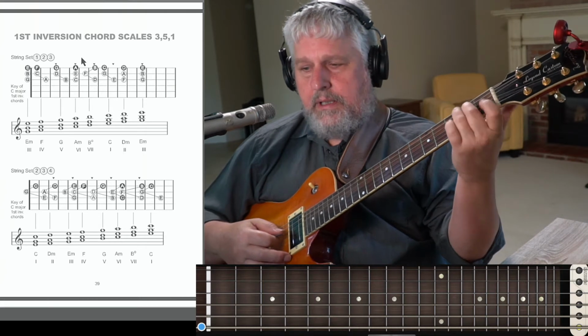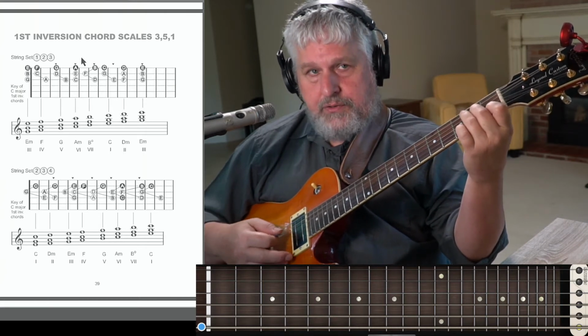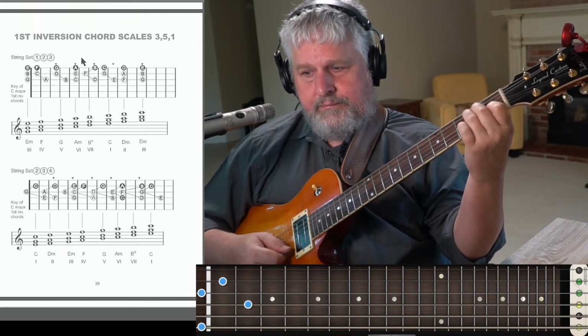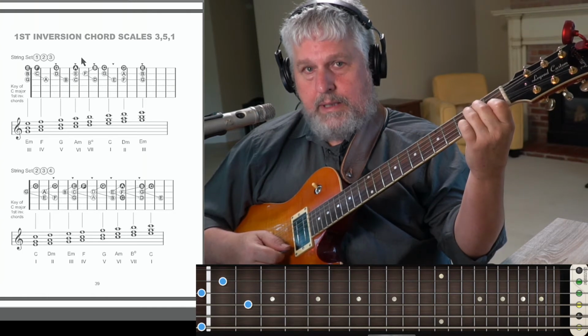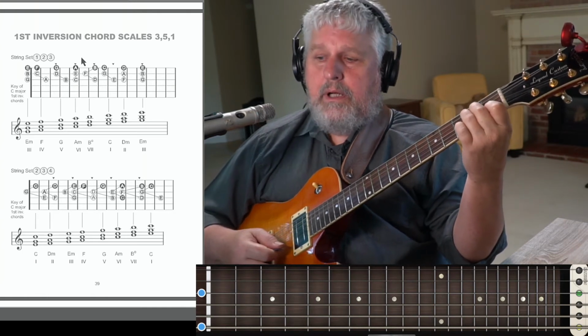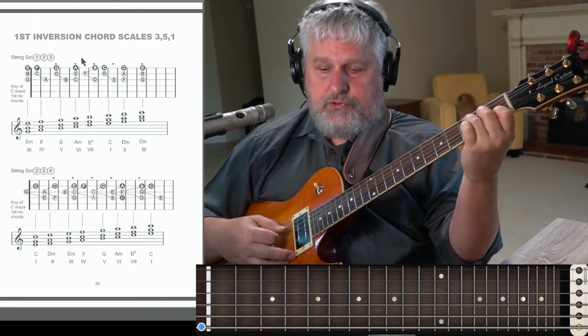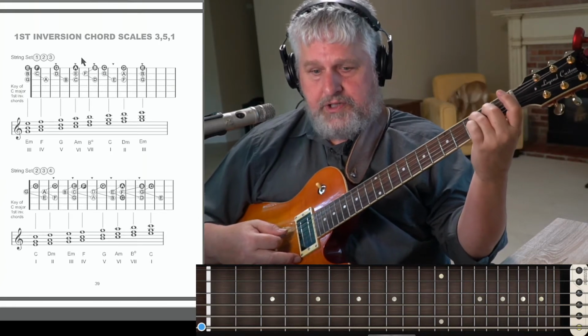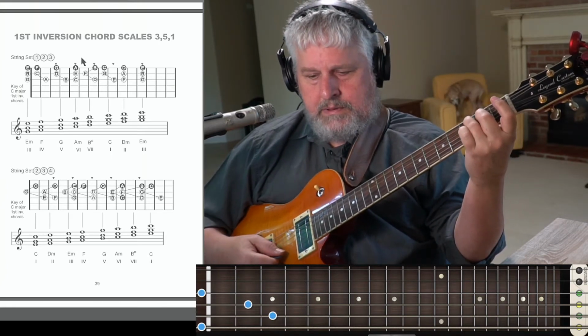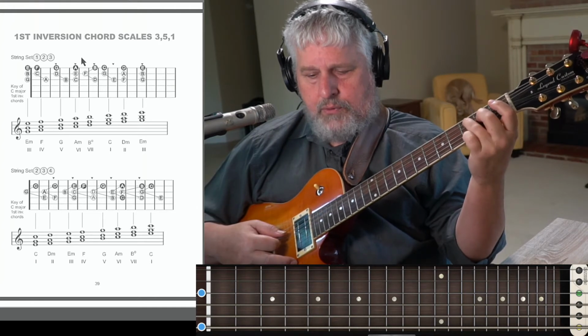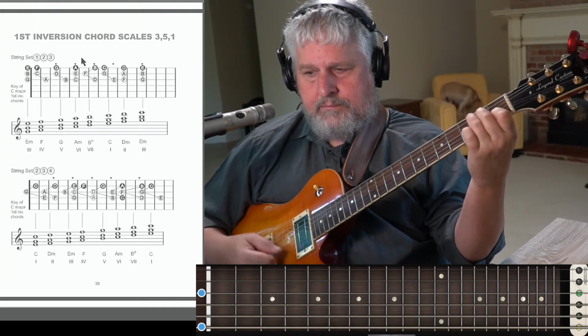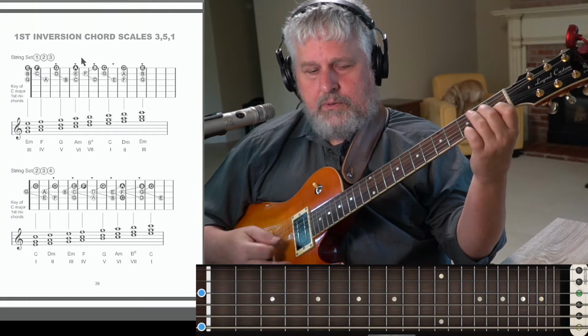Now the next, we're just going to move to the second string set. All right, and here we have a C major chord in first inversion, right? So here's our root position, C major. Take that root and put it up to the top. So C,